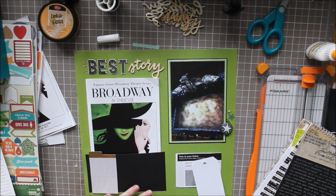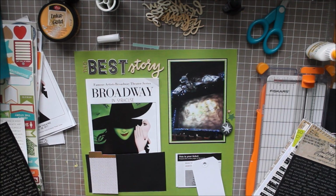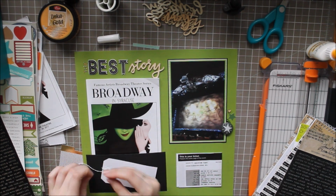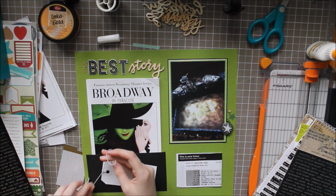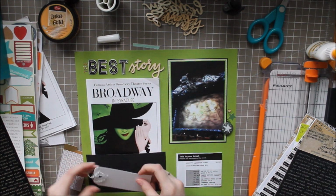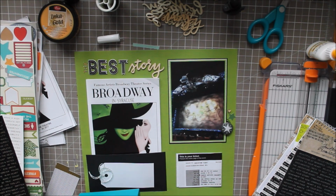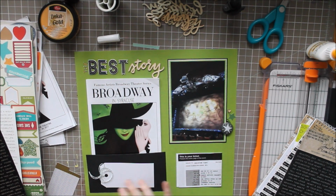So what I end up doing is grabbing some twine to put through this tag. It jumps a little bit because my camera died in between and I didn't notice right away. So I'm just going to tie a little bit of a bow, and we're almost done. I'm going to put my journaling here, not right now. I'm going to add that later on, just so I can know when I want to write without having pressure of being on camera. So I am going to add this tag with the green and white twine,